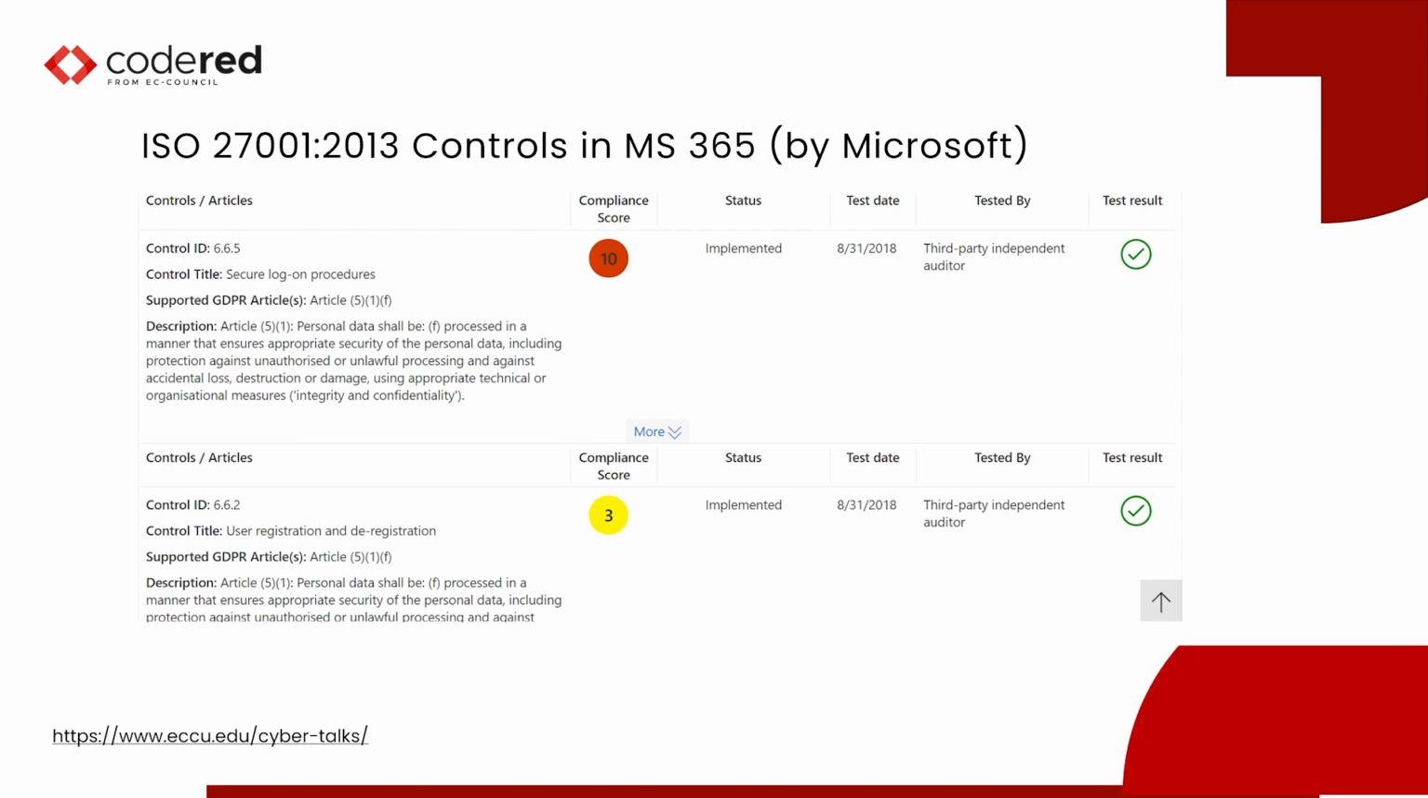Obviously, they have more, but you can see they have their control ID from the ISO 27001. You can see here, and it's quite nice, it also shows you the supported GDPR article and others even. So that's quite nice if you also compare it to other standards. So here we have the control title, secure logon processes, which they obviously score very high,